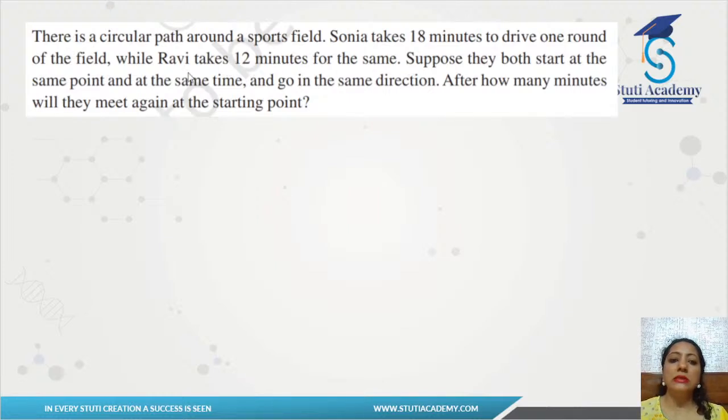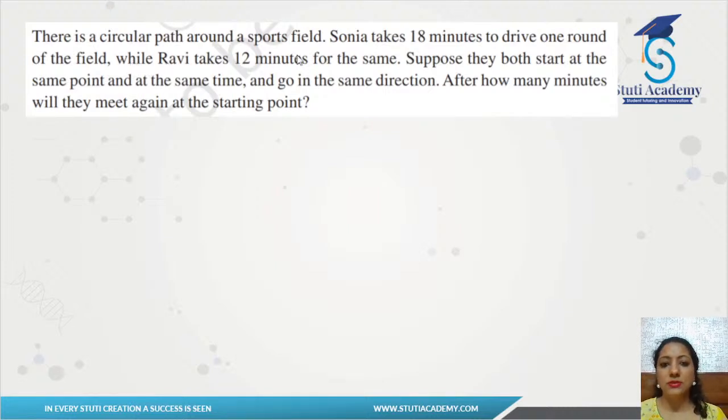Suppose they both start at the same point and at the same time and go in the same direction. After how many minutes will they meet again at the starting point? Now children, such questions you might have come across in grade 6 also, in the Playing with Numbers chapter, if you remember, where at that time a lot of students used to face difficulty whether to find the HCF or LCM. In this particular question, we are going to solve for the LCM, because please notice,